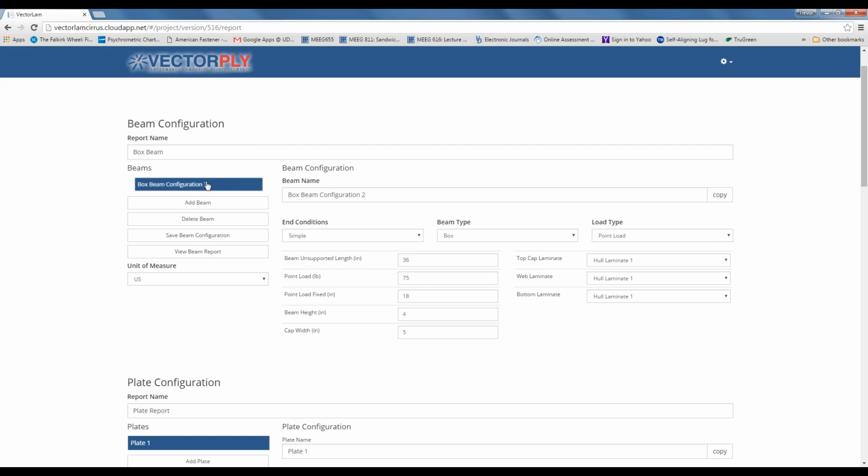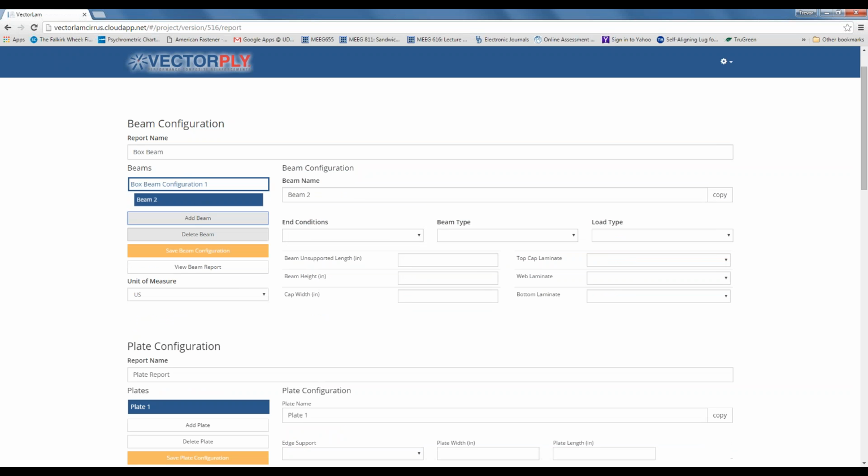Or no, wait, actually I just changed it. That was my problem. I had to add beam. I'm sorry about that. I'm going to redo that. Forgot about that. So I'm going to go back to 12, save my beam configuration. Whatever, it was highlighted, I didn't realize that. I had to go back to add beam. So what this does is everything goes back to the original information. So I just go back to box beam configuration